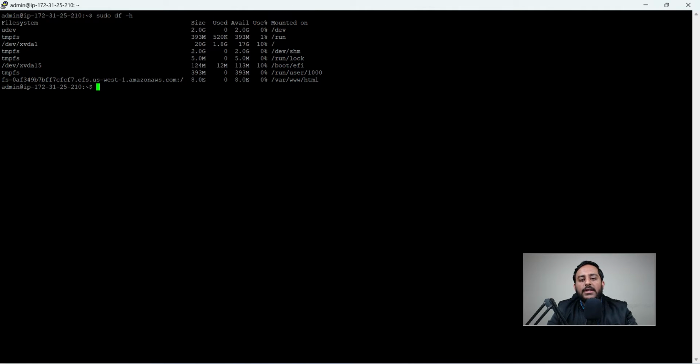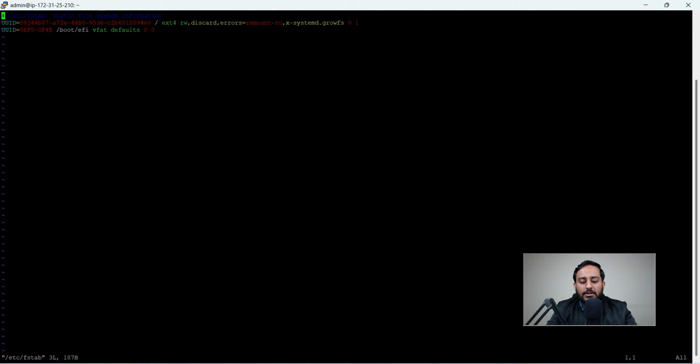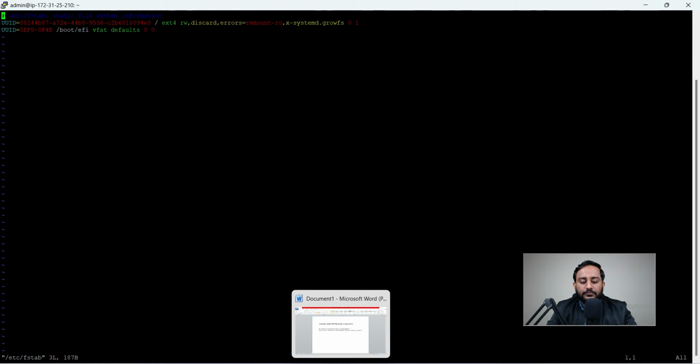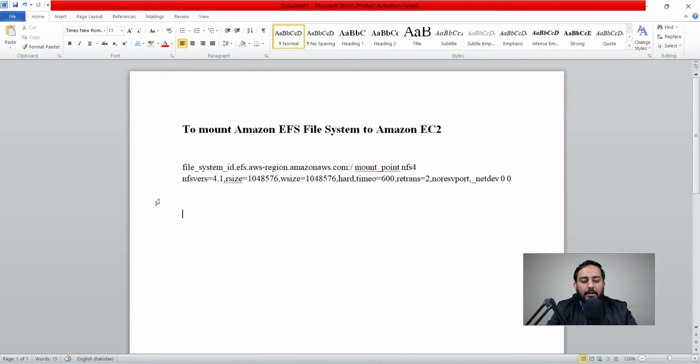Now guys, we do not want that when we restart our EC2 instance, this gets lost. So for that purpose, that when we restart our EC2 instance, this volume should be again mounted automatically to this directory /var/www/html. What we are going to do is we would open this file, sudo vi /etc/fstab, and here guys we would just put this command. So what does this say? Amazon file system ID